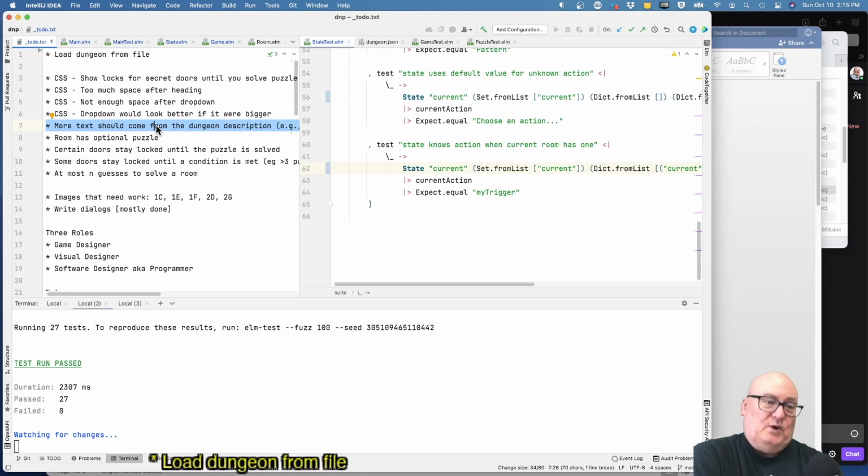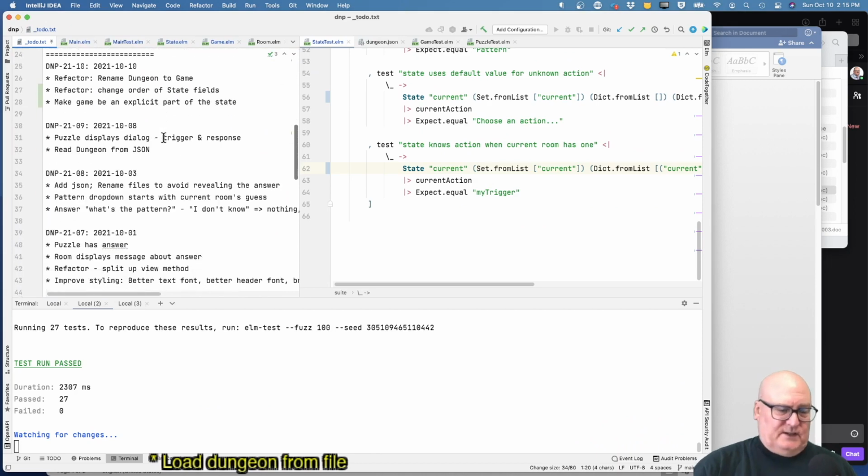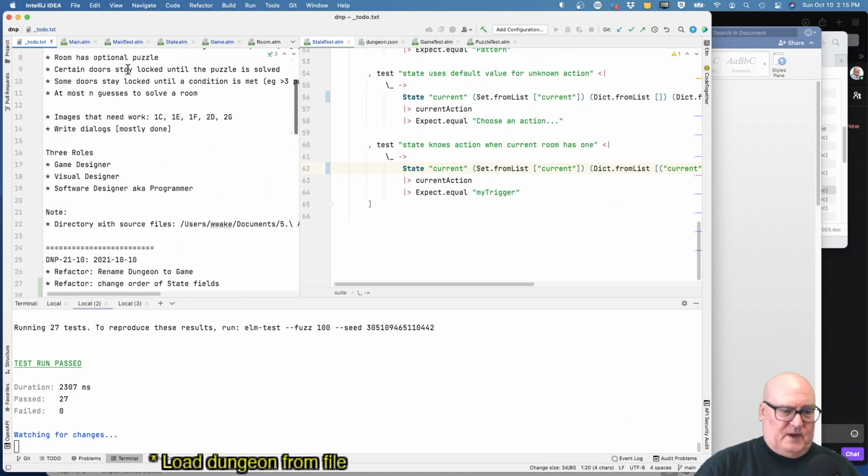It's going to have to be a whole new thing, not tied to rooms, more of a separate thing. So I guess that means we're going to do this, then we're going to have to change things, and then it's going to change from the file as well as the other. All right, but